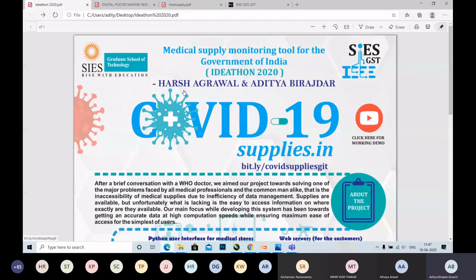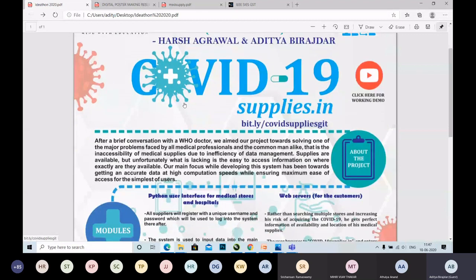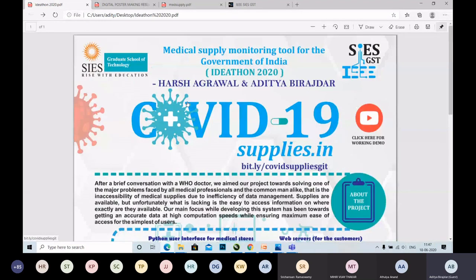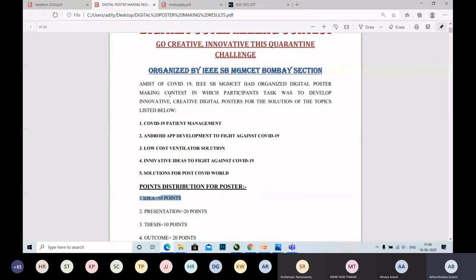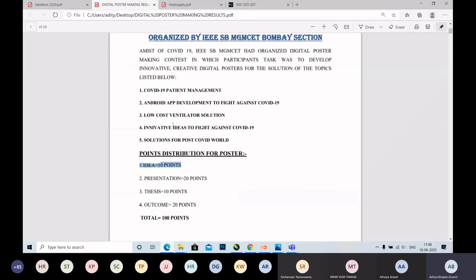No doubt that the poster we made was intermediate level and a lot of thinking went into it while I was designing it. It was a great poster with an excellent idea. For a moment, let us consider you think you lack creativity, but your idea is excellent. Let me show you some facts over here. About a month ago, we participated in the Techno Digital Poster Making Competition, which was organized by MGM IEEE student branch. And they were generous enough to provide us the detailed marking scheme, scores we got, and comments by the judges. Here you can see